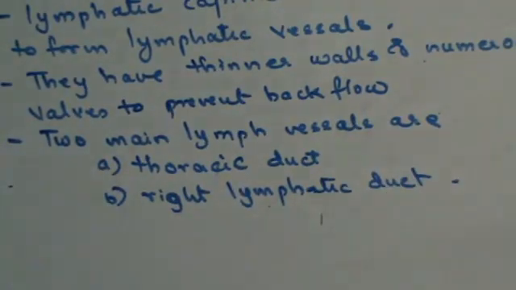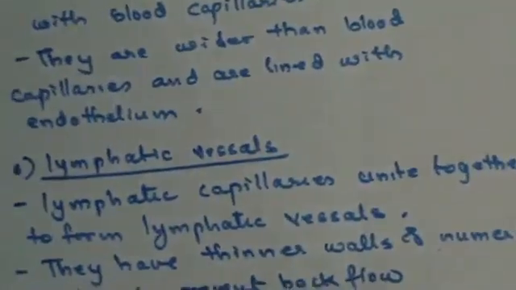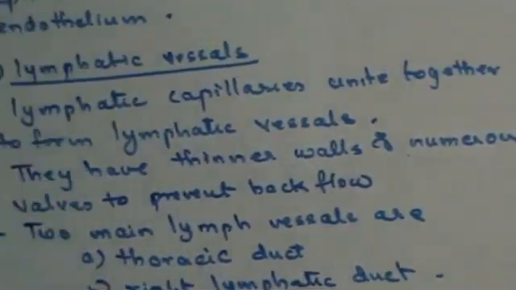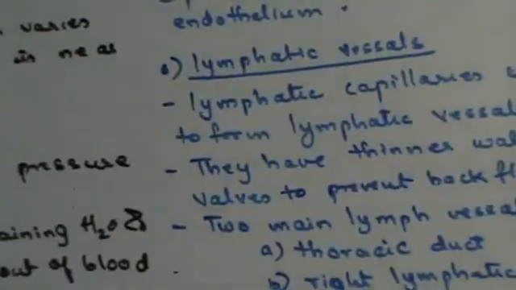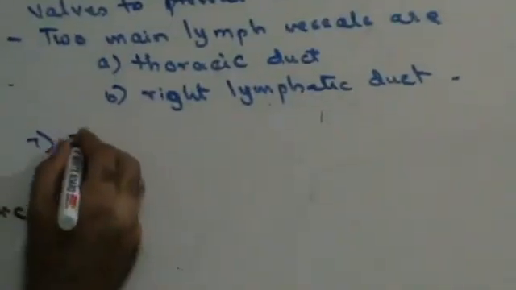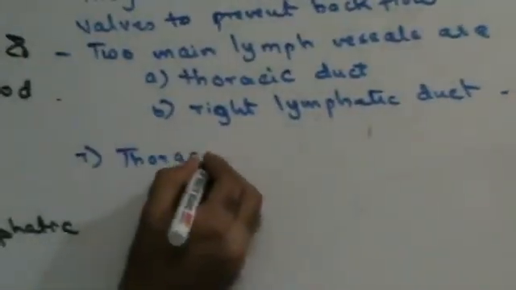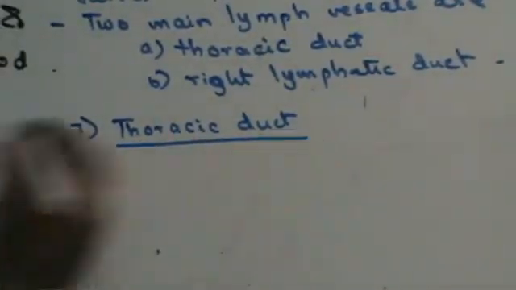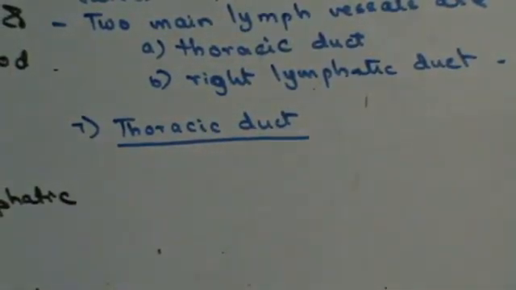Right? So that was lymph vessels. So the lymphatic system is made up of lymph, lymph capillaries, and lymphatic vessels. Now let's see the two different types of lymphatic vessels. First, let us see the thoracic duct. Now, the thoracic duct receives lymph from the entire body,